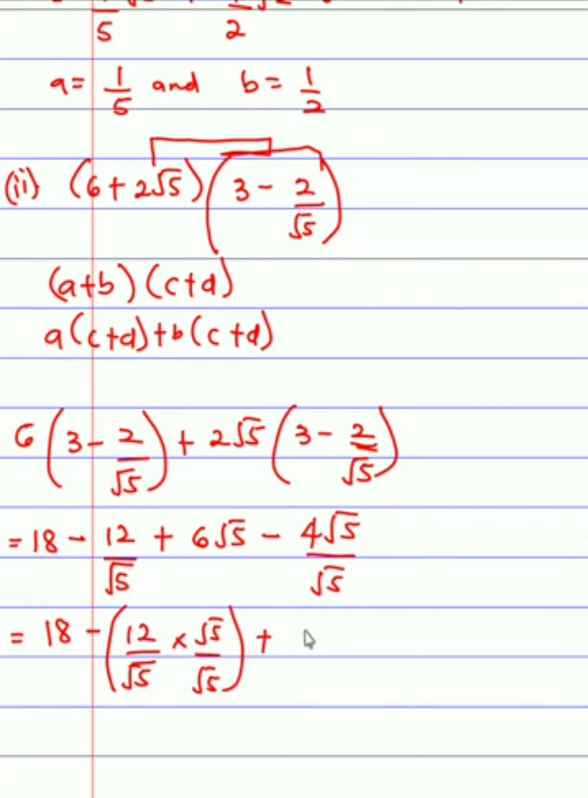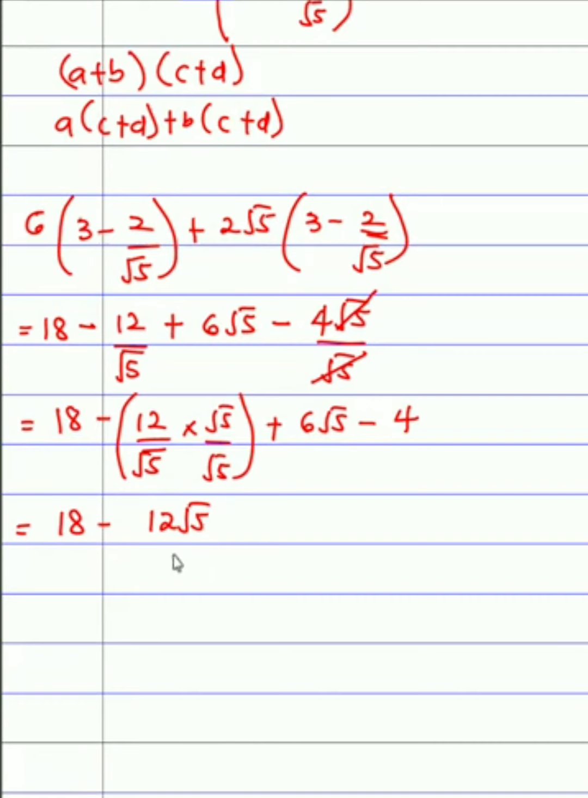Follow closely. So we have 18. Now 12 times root 5 gives us 12 root 5. Root 5 times root 5 gives us 5. So we have over 5, plus 6 root 5 minus 4. Now let's group like terms. Let's take this negative 4 to where 18 is. So we have 18 minus 4